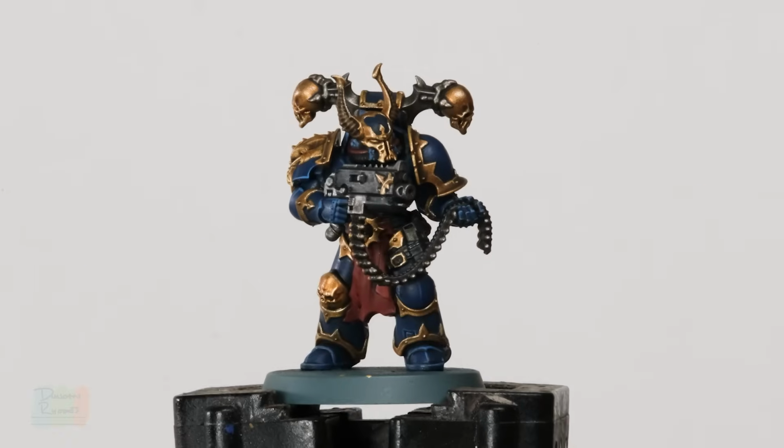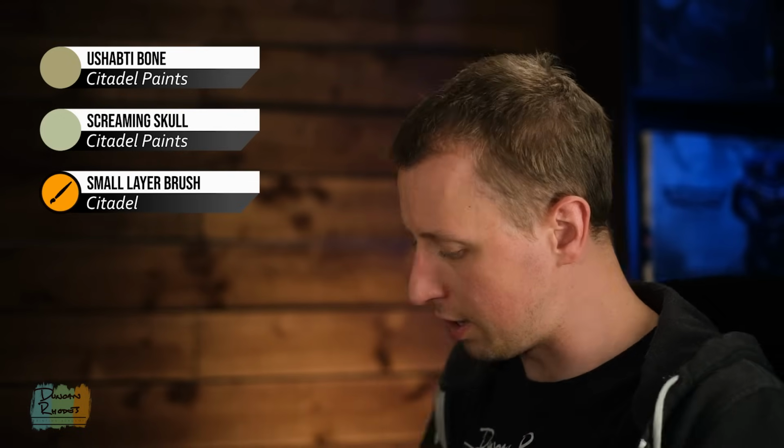And with that, the blue is complete, and now we can move on to finishing off all the bone details too. And for this, once again, we need two colours, starting out with some Ushabti Bone, and then a fine highlight of Screaming Skull to take it a bit further. But first we need that Ushabti Bone, and to apply it once again, I'm going to use the small layer